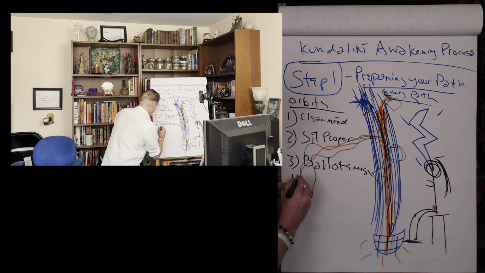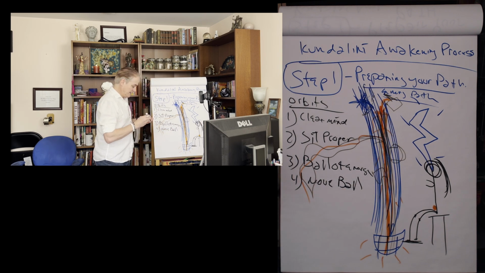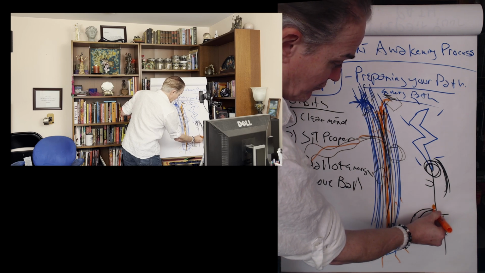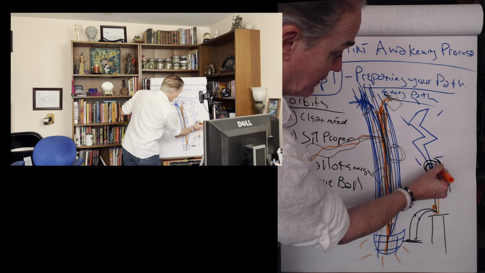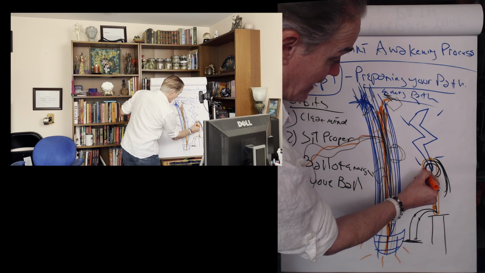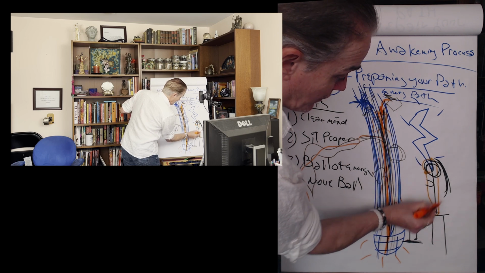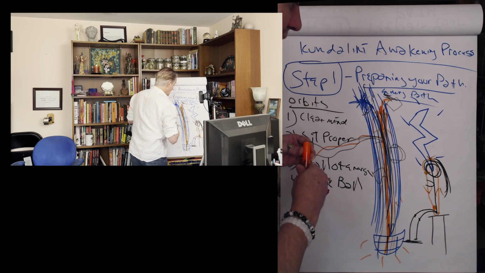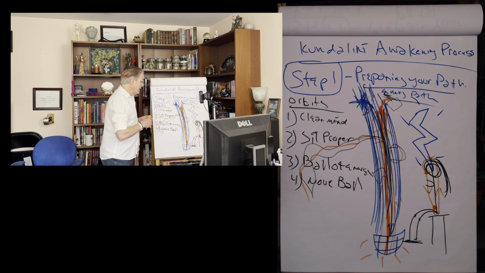Step 4, of course, will be to move the ball, right? Move your ball. Now this is the easiest way to kind of draw this, but you're going to take that ball down the front to the base of your spine right here. Back up the spine to the crown of your head. Back down, this is the connection point at your tongue. This is the actual connection point. And then back down the front, back to the original space. And the energy goes this way. Can you move energy in the other direction? Absolutely. But for Kundalini, this is the way you want your energy to go. And so we're going to practice that.